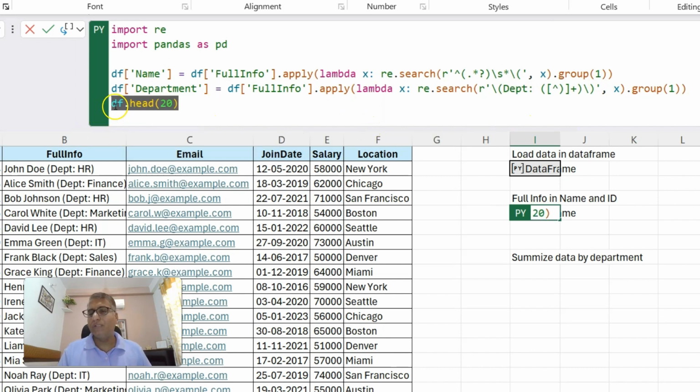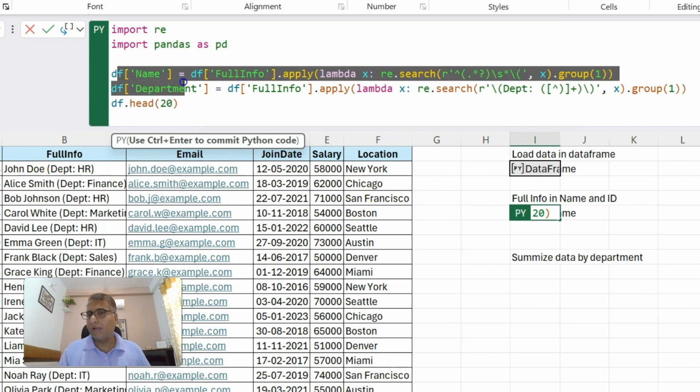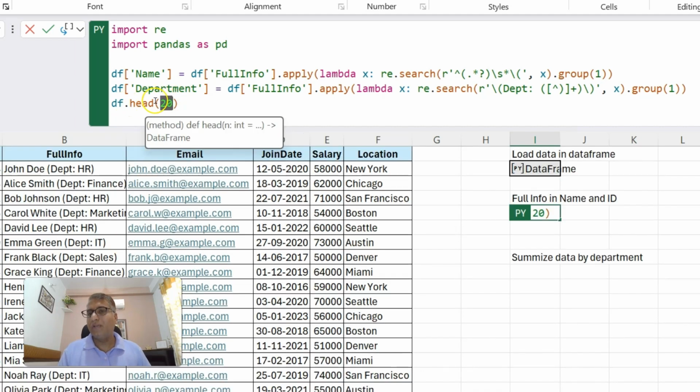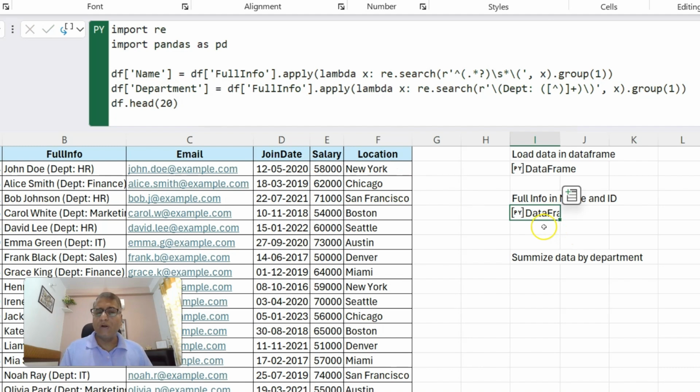And finally, we are using the df head formula here. It will ensure that we do not lose the existing columns, because here we are only calculating 2, but we want the other columns as well, right? So df head ensures that all the columns are carried forward, followed by how many rows you want. Since we had only 20 rows of data, I have supplied 20. By default, if you don't give it, it will only give you 5 rows of data. So we have given the maximum we were expecting. Okay, and let's see what it gives.